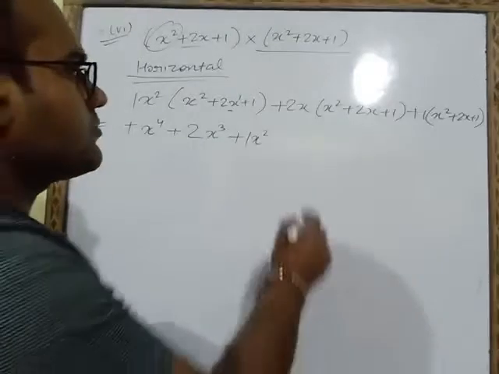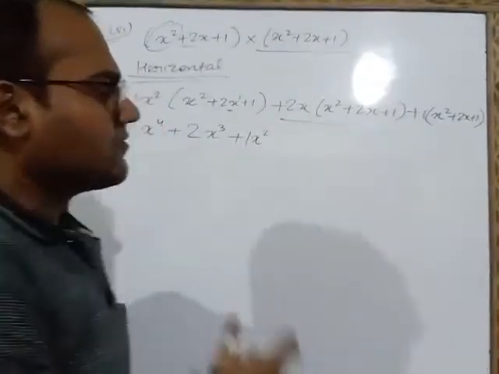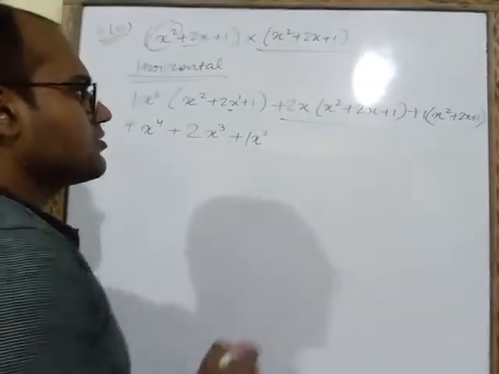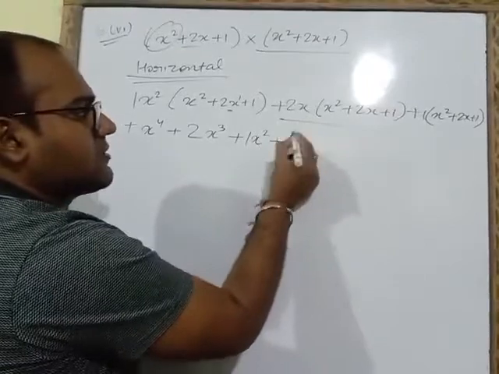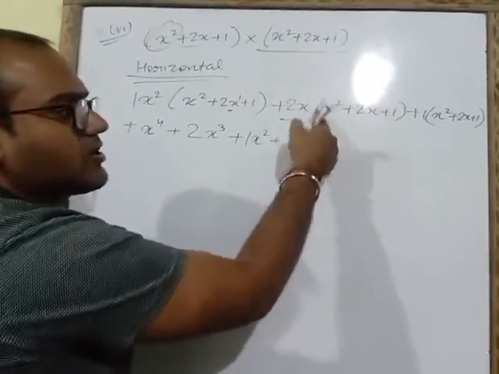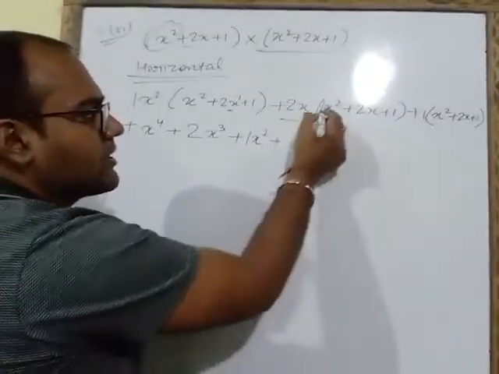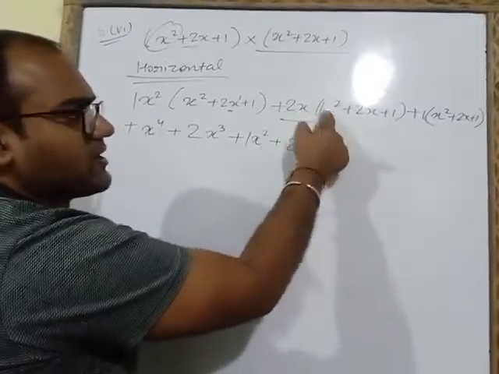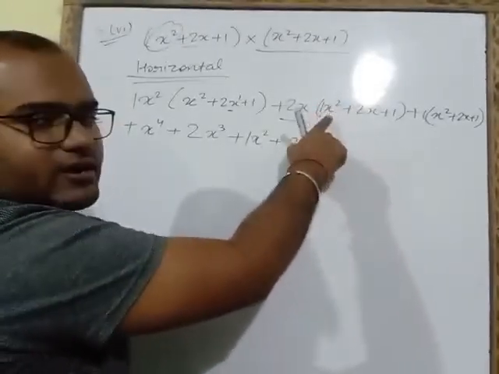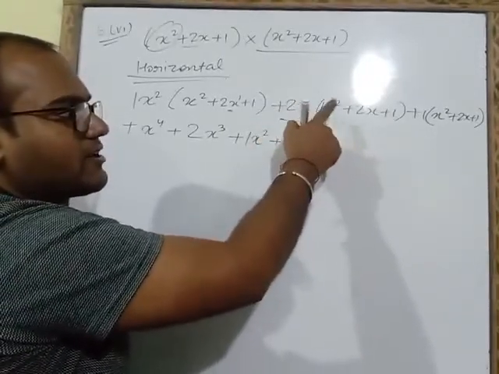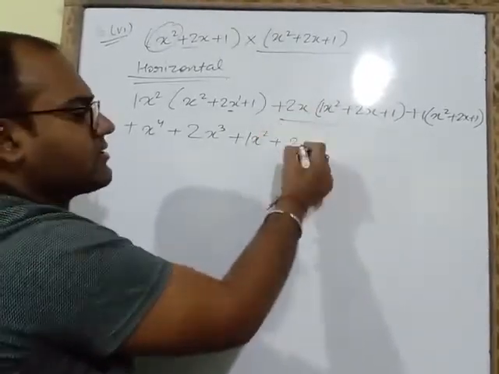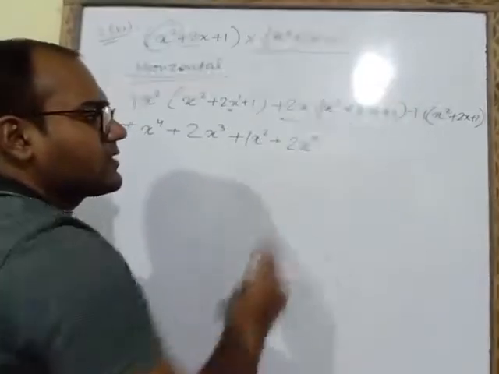Now we will come to another bracket, this one. We have to solve this bracket. So first of all we will multiply sign. Plus multiply plus, plus. 2 multiply, number is not there, so we will take 1. 2 multiply 1, 2. X multiply x square. Here x square and here it is x only. So on multiplying it, 2 here and 1 here, we will get x power 3.